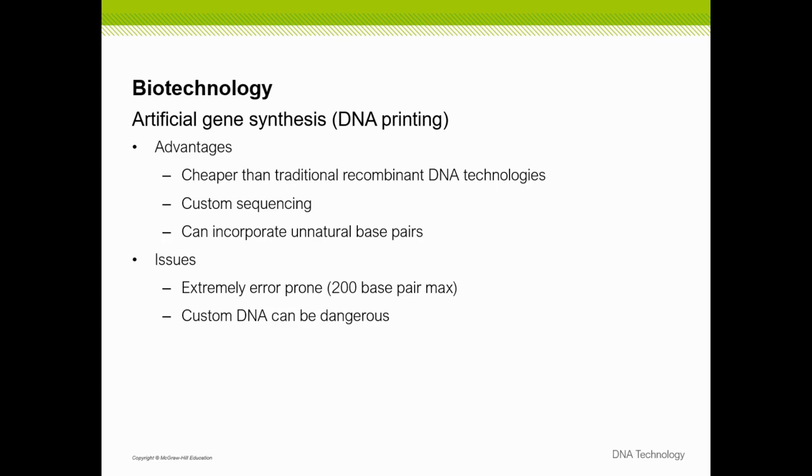And so right now, where the technology is at, it has pretty much a 200 base pair maximum. So that's like the maximum length. And since one gene is typically around 100 base pairs, we could pretty much get one gene at a time